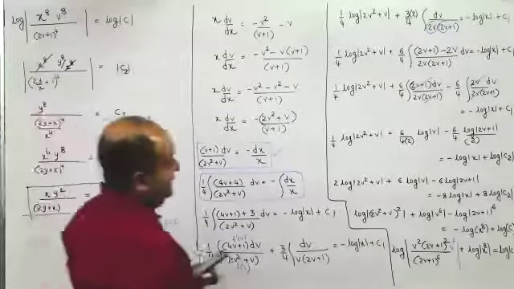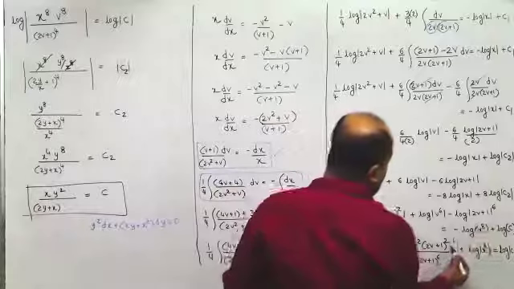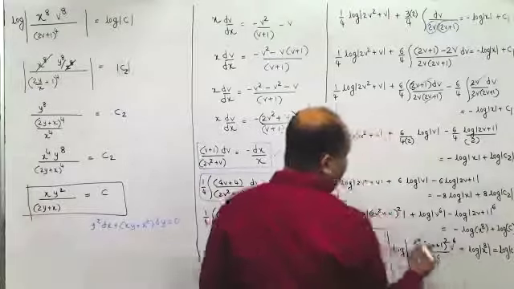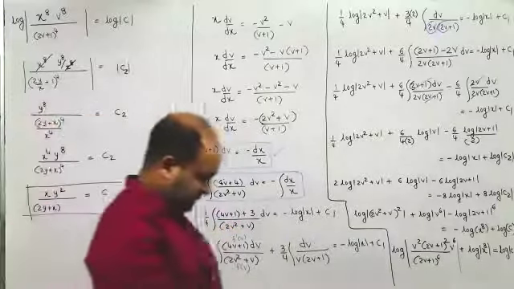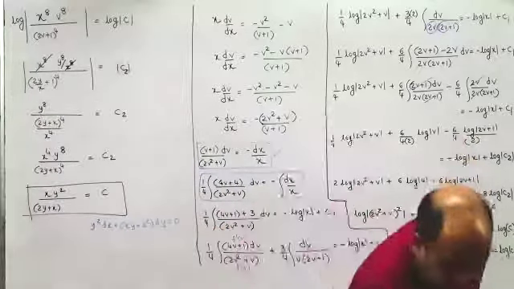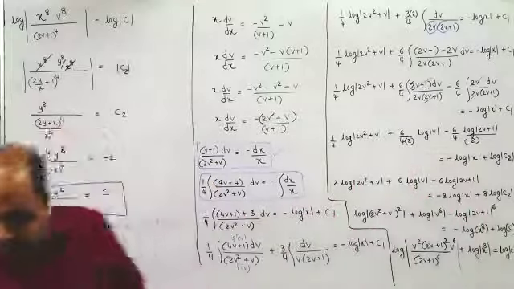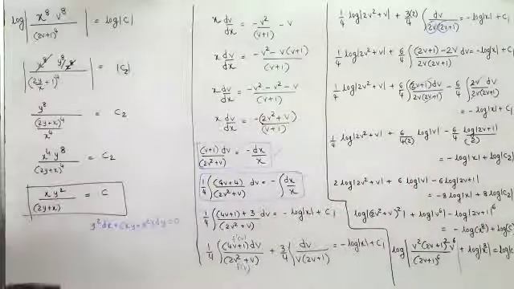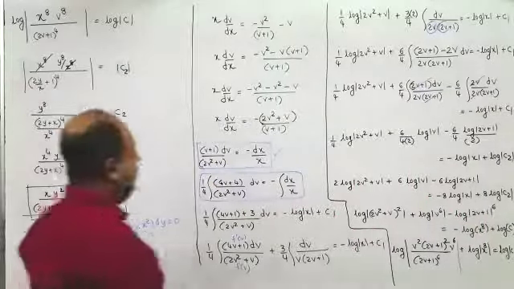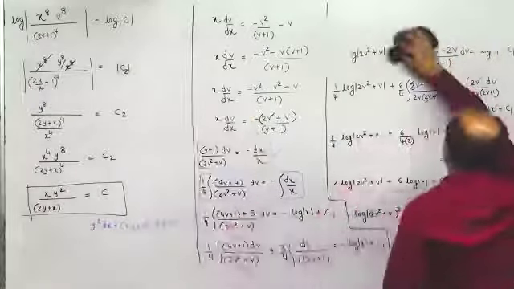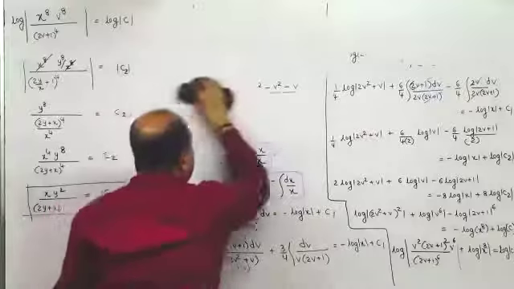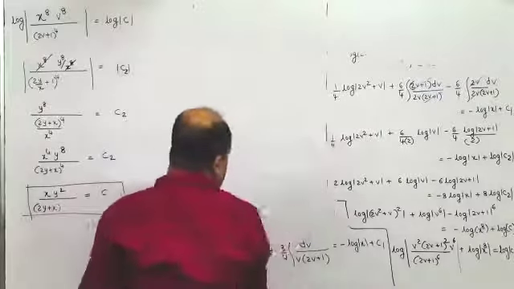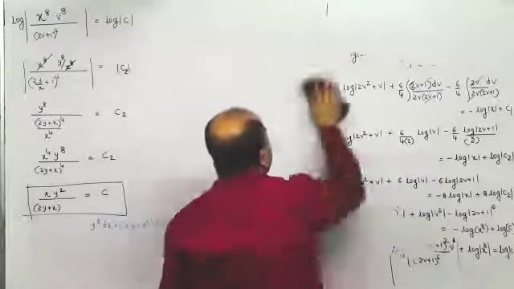I made a mistake here. This should have been v into v raised to 6. I took divided by v raised to 6. Just click a pic or you can take it from the recorded lecture. That is why I keep insisting on you to at least check and verify the answer.